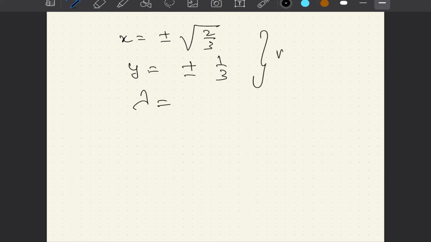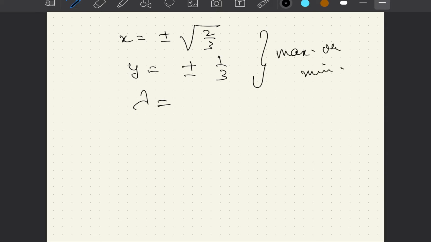Now, when we solve this, these are quadratic systems. We get the value of x as plus minus root 2 by 3. We get the value of y as plus minus 1 by 3. And now we know these values, and similarly, we can also calculate the lambda accordingly based on the problem that we have here. And if you put these values x, y, and that particular lambda, it should correspond to either maxima or minima.